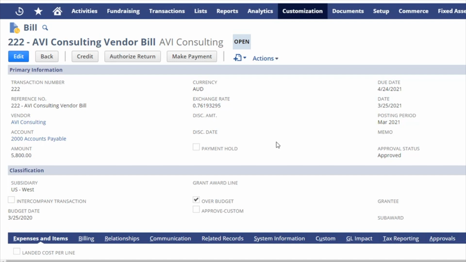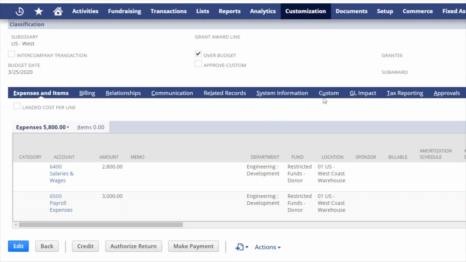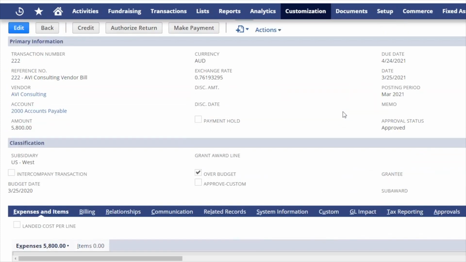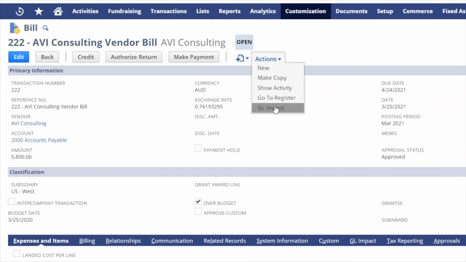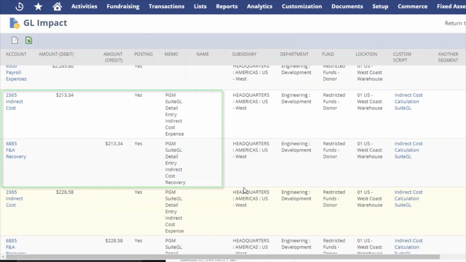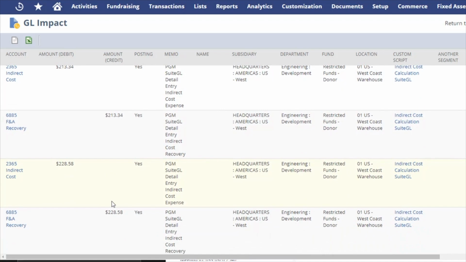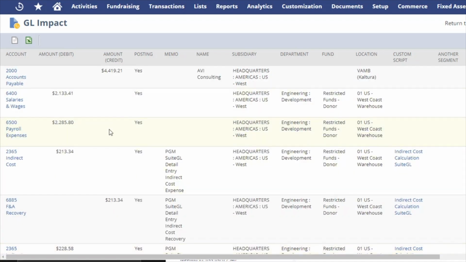For real-time calculations, the indirect costs specified will be used to create additional custom GL lines for all expense lines on a transaction. So let's look at the GL impact for this vendor bill. You can see that PyanGo is generating these additional debits and credits right in line with the standard GL impact